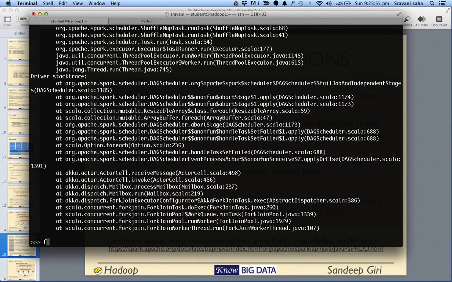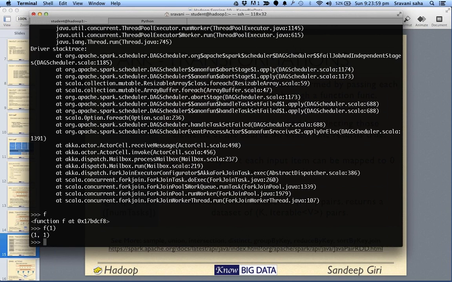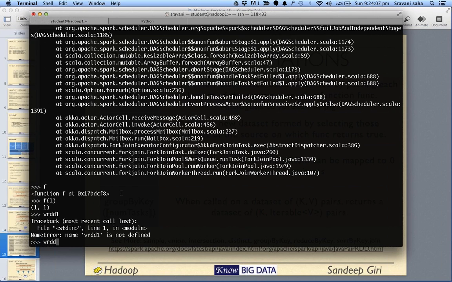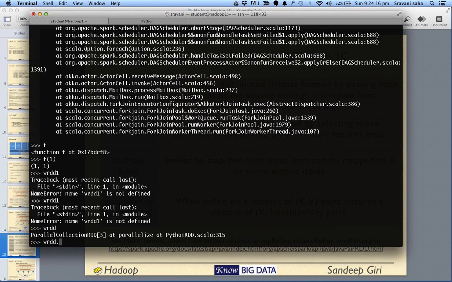So we had this function called f, and anything you give to f, it returns these things in this format. And we had vrdd. Then let's say we say map, and we pass a function here.